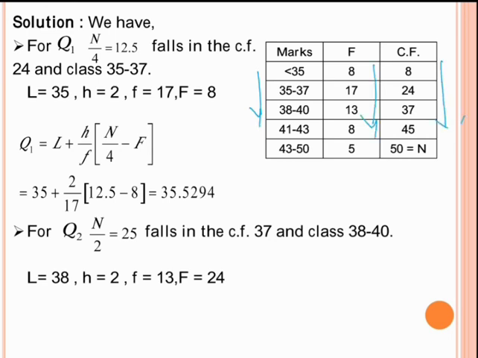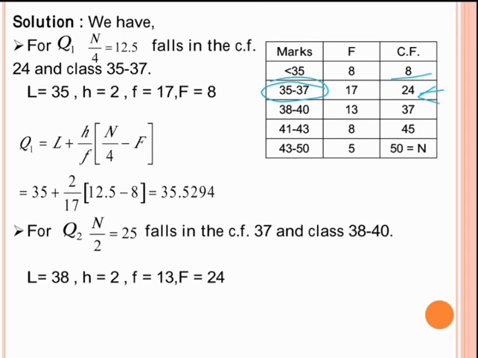We will find CF. Here capital N is what? 50, right? We will use the formula of median over here. Now for Q1, first you need N by 4. So 50 by 4, that is 12.5. Okay, 12.5 comes where? It comes after 8, or you can say it comes in 24. So your range will be 35 to 37. Just near that, this 17 will be small f, and this 8 will be capital F. H is interval of 2, so H will be equal to 2, and capital L will be 35.